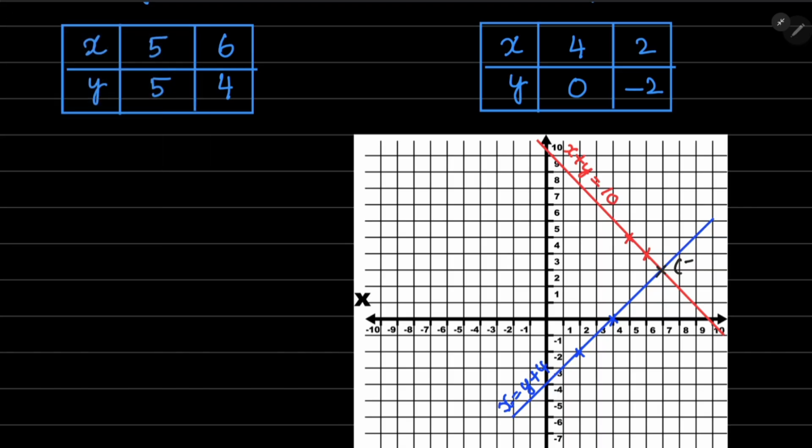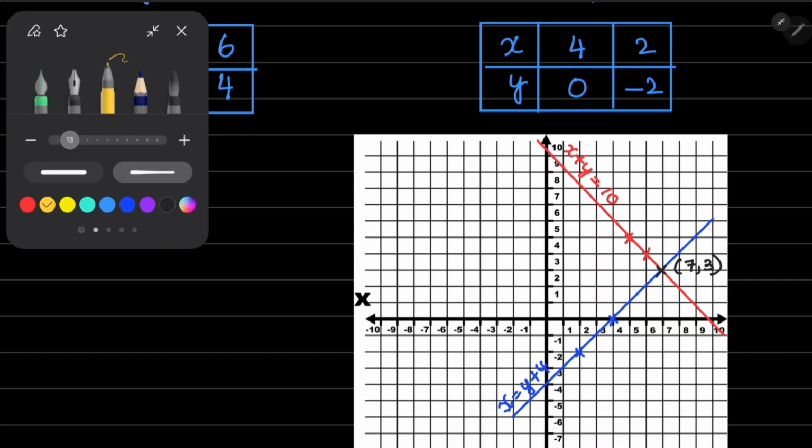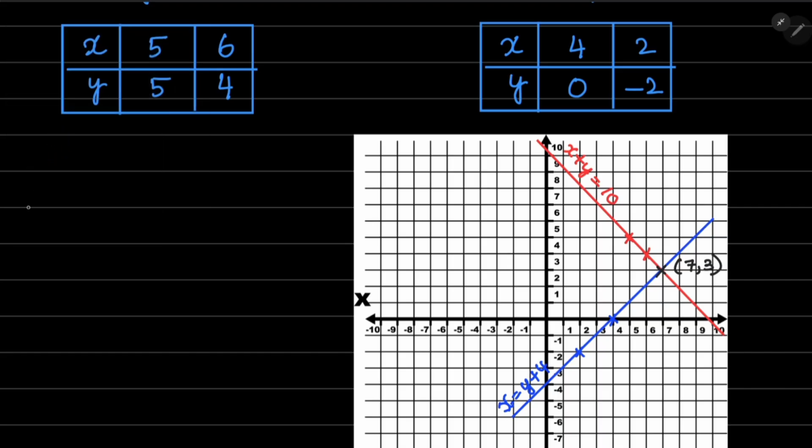They intersect at 7 comma 3. So 7 comma 3 is this point. Can you see this? 7 and 3. So this is the point where both the lines intersect, and that point of intersection is the solution of the equation. So you can write down, therefore